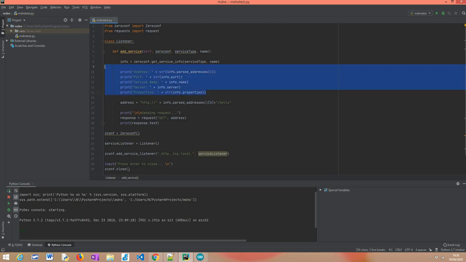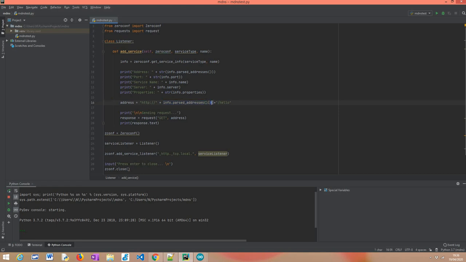So at this point, just to recap, we are going to print all the information that we can about our service, and then, as an additional point, show you what we can do with this information. I'm simply going to create a variable containing the endpoint, the address, the URL of our service exposed by the ESP32, and basically it's HTTP colon slash slash, then the IP address of the ESP32